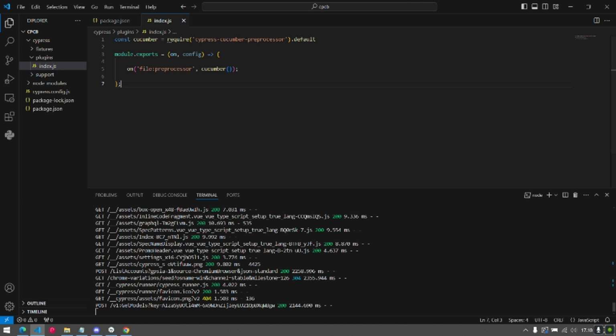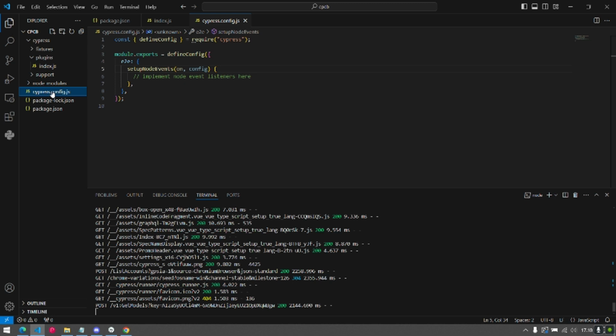We can continue to the next step, which is the Cypress config. If you can see, we already have cypress.config.js inside of the root folder. It's okay, but this is a default script, so we need to modify it a little bit.